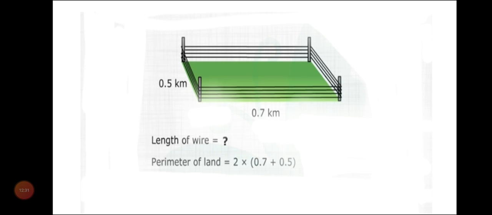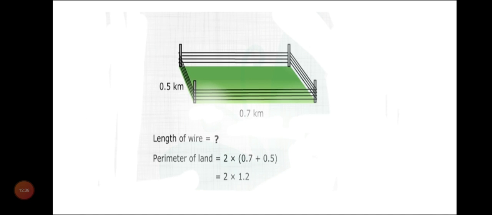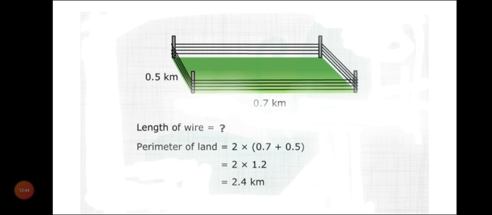So just put the values of L and B, that is 0.7 plus 0.5, into the formula, and by adding the two you will get 1.2, means 2 into 1.2. Then by multiplying 2 into 1.2, you will get 2.4 kilometer. This is the perimeter of land, but we need to find out